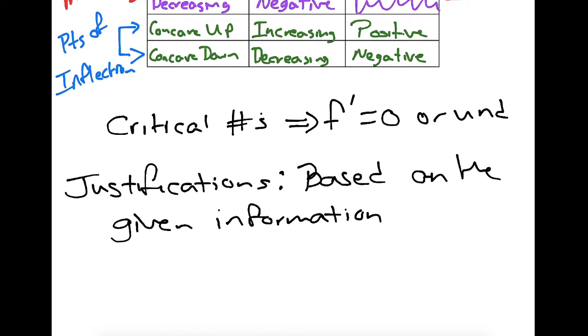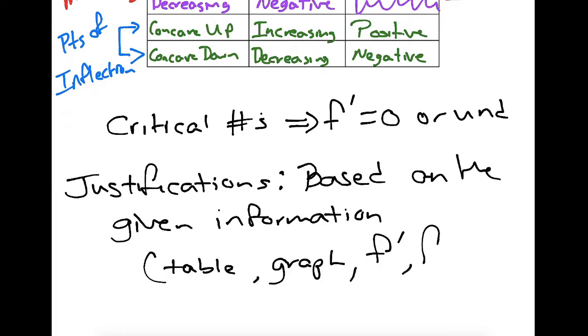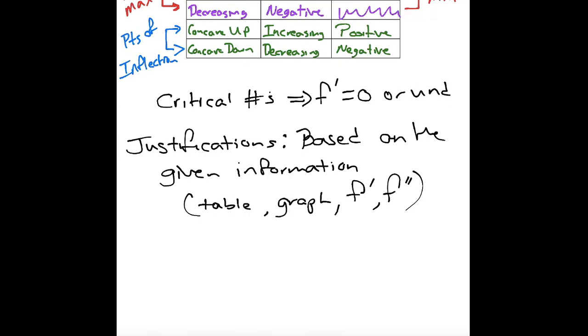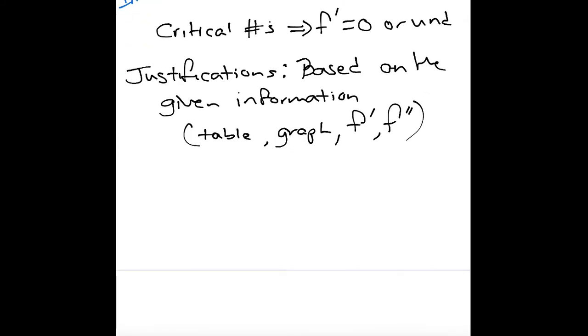It might be a table, might be a graph, might be f prime, might be f double prime. Whatever it is, that's where you're going to base your justifications. So it'd be the kind of thing where, let's say I do a really quick example. You'll get practice on Delta Math, but let's say